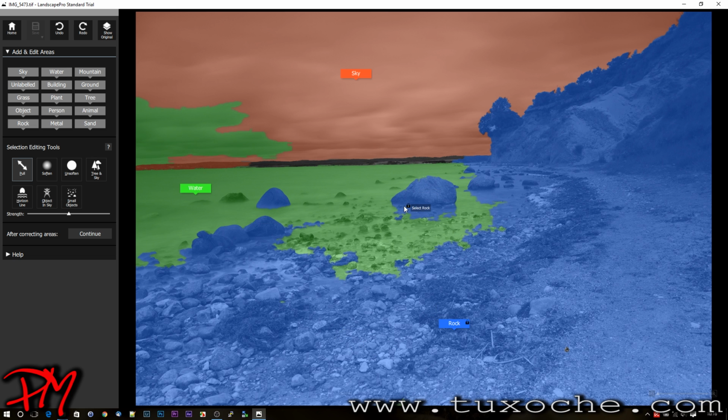Now you can see the application marks this as rock, which are really rocks in reality, so we just could leave them, and the sky label isn't correct in this area, so we extend the sky marking of this. Okay,